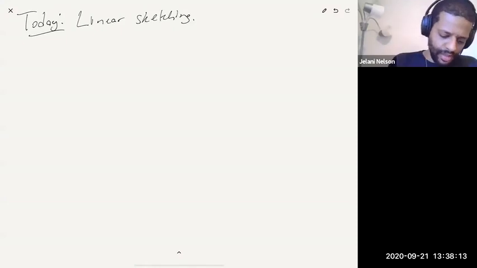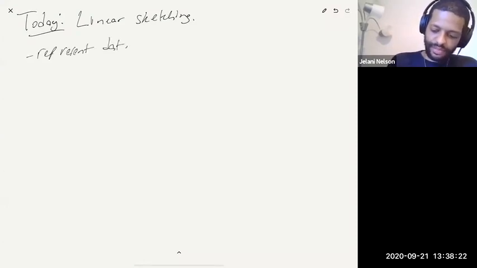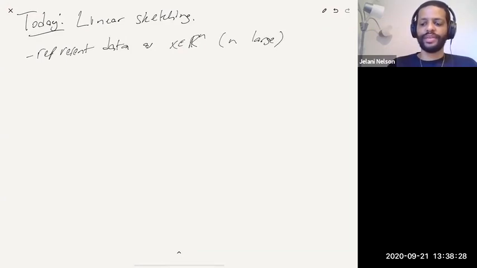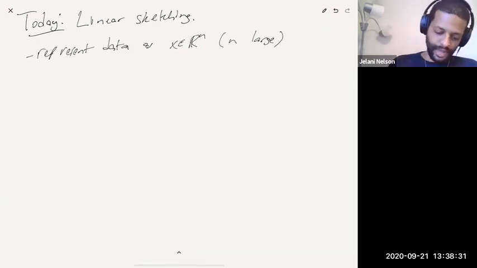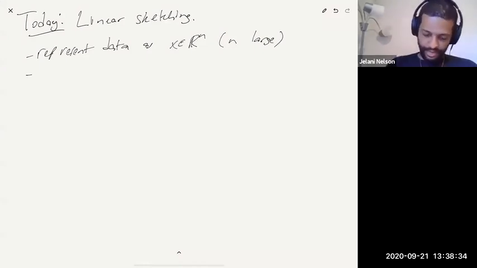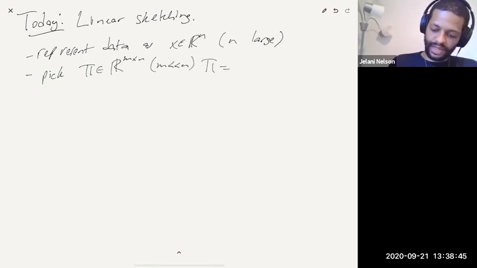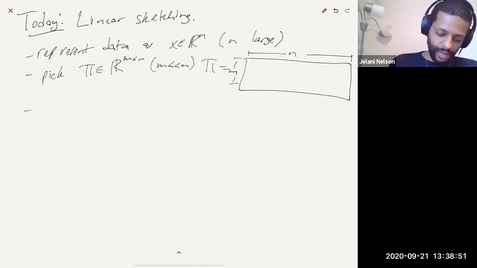So the idea is you represent data as a high dimensional vector, x, and n is very large, right? And I'll give examples. I'll show that some of the stuff we've been talking about already can fit in this model. You'll pick some matrix, pi, which is an m by n matrix, where m is much less than n. So pi looks like a short, wide matrix. And what you'll store in memory is pi x,